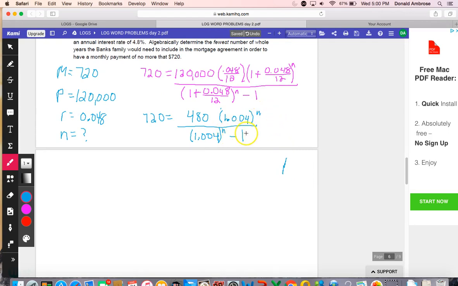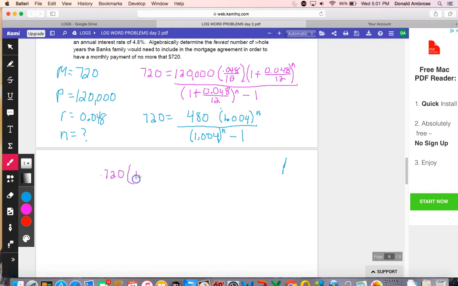exponent. So if you recall, with these types of problems, when we solve them algebraically, we have to get the exponent, the base, and the exponent all by itself before we can try and take the natural log of both sides. And because we have this fraction over here, what we'll do is we'll multiply both sides by this 1.004 to the n minus 1, so that we can kind of get rid of this fraction on the right-hand side. So doing that, we'll have that 720